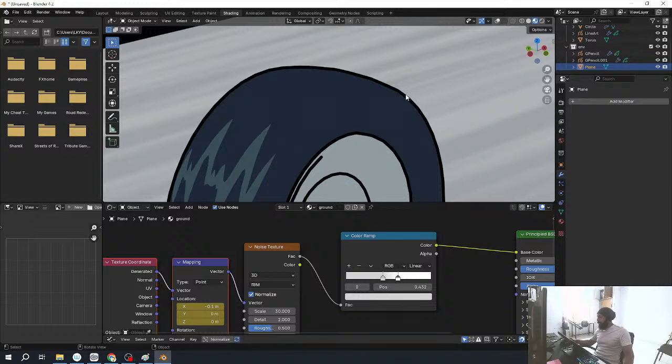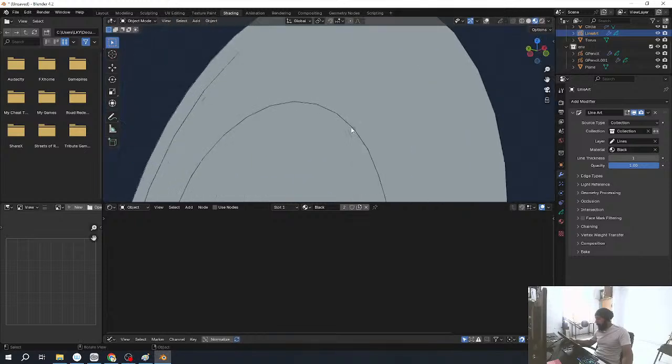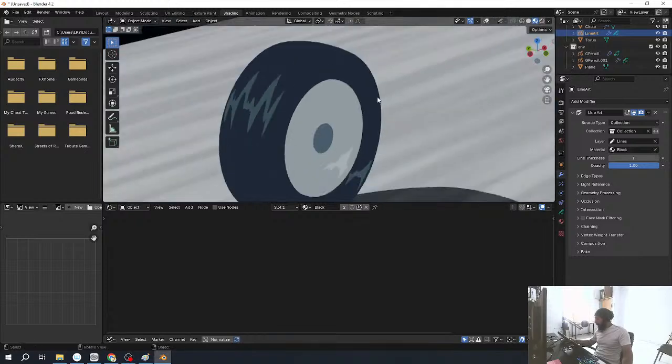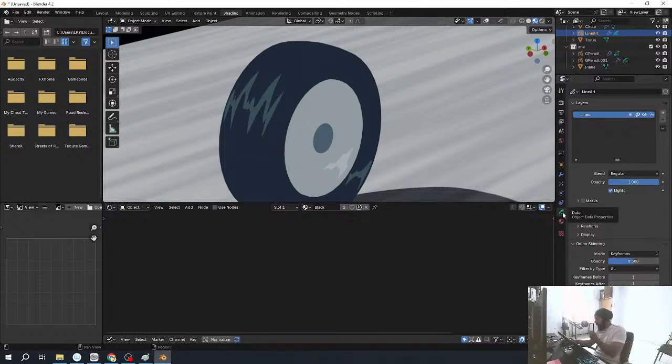For the outlines though, what we can do is go to line art. Here, decrease the thickness by 1, so it's barely visible, and then you go to this data panel, and in the strokes,